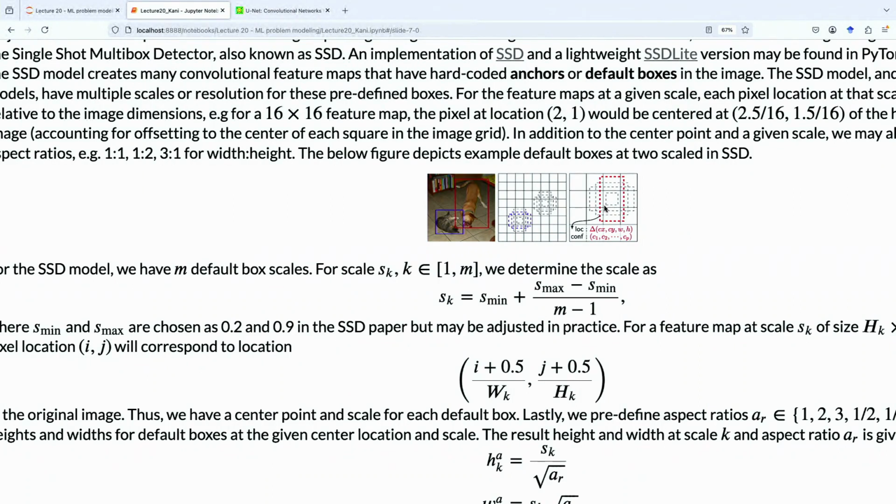For each of these anchors, if we want to define a bounding box that is centered at this anchor, all we really need to do is define the i and j for that anchor. We know the position of that anchor. We could adjust the center of that bounding box using a separate i and j. And then we need to find a way to denote the shape of the bounding box.